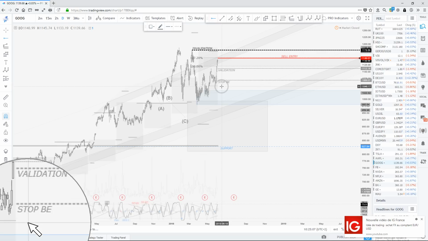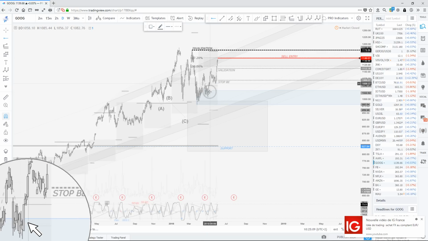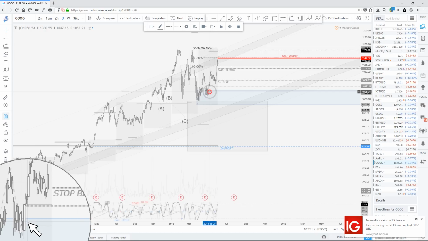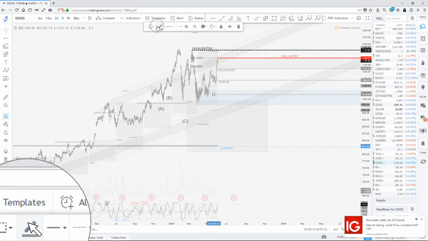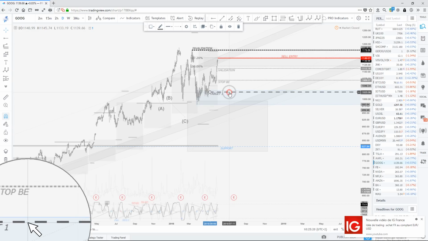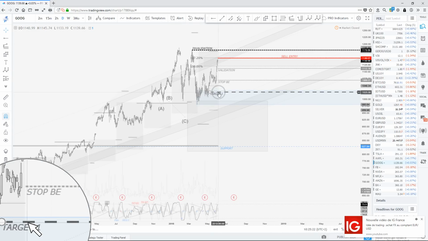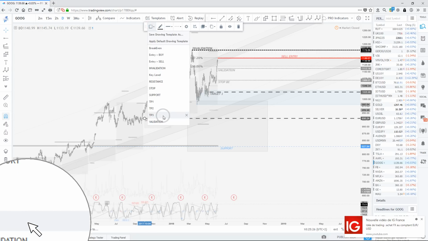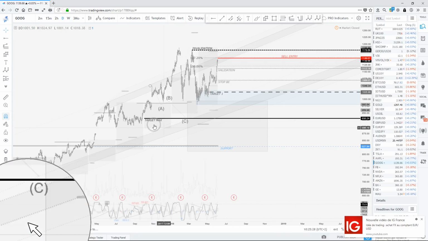So to me, that trade will be pretty simple. It's target number 1 in here. I target to break one support, but that's all. I think we're not going to get further than that. So this will be taking profit number 1, and that will be a 75% taking profit in here, okay, and eventually target number 2, but that will be the maximum target to me. I don't target below that.